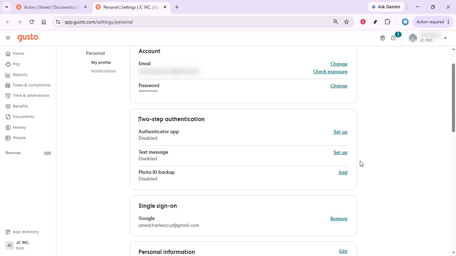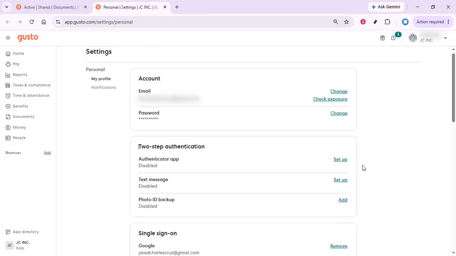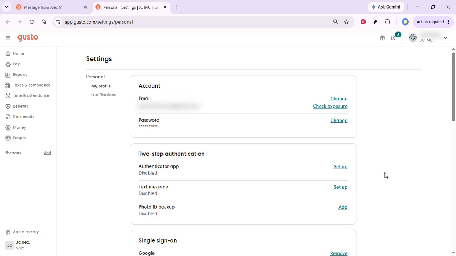Once you've made your choice, simply follow the on-screen instructions to complete the setup. If you're using an authenticator app, you'll usually be asked to scan a QR code to link your Gusto account with the app. For text messages, you'll need to confirm your phone number, and for the photo ID backup, you'll